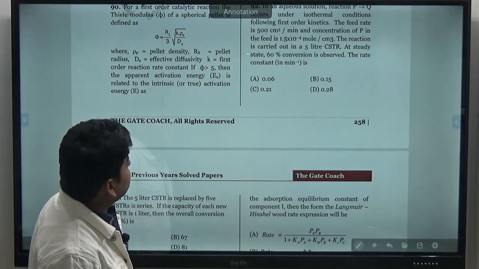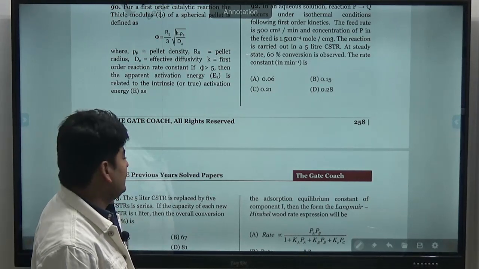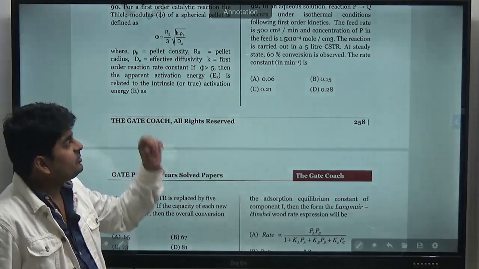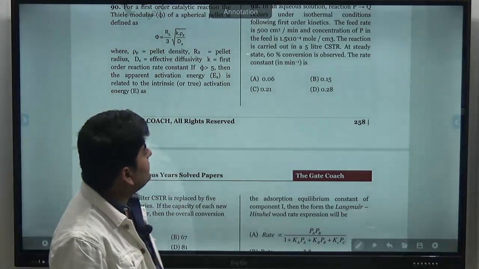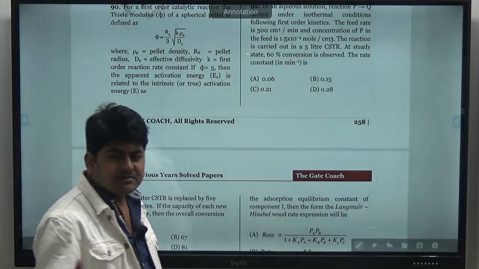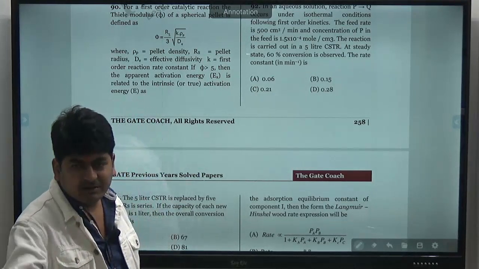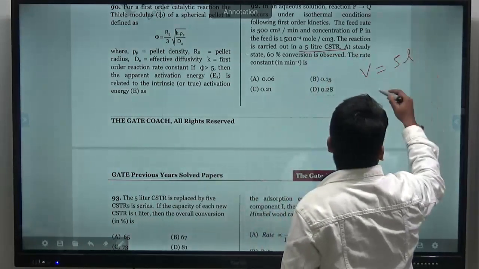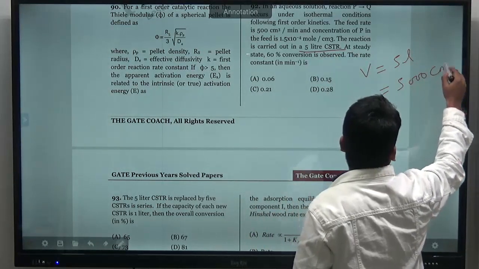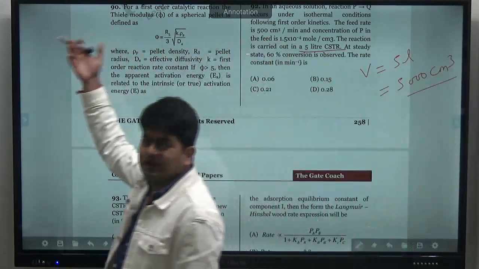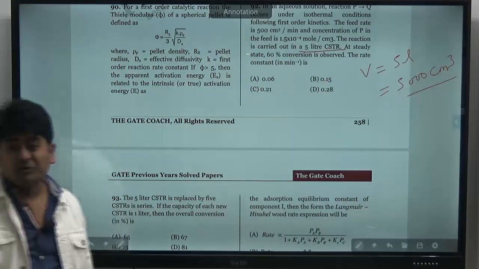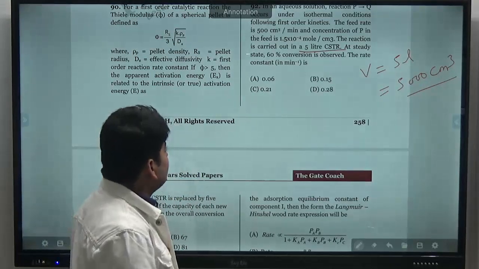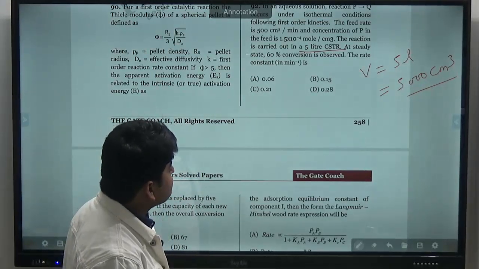In an aqueous solution, P. Now, see here, one thing is, in all the statement, volume is in liter, but volumetric flow rate is in centimeter cube, and concentration is also in centimeter cube. So it's better to make the units consistent so that बाद में problem ना हो. Let's say volume of liter is given 5 liter. So okay, we can say 5,000 cubic centimeter. I hope you know that 1 liter is equivalent to 1,000 cubic centimeter. In case you don't know that, मैंने बता दिया, ठीक है.